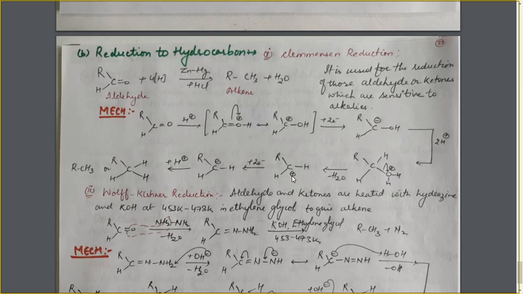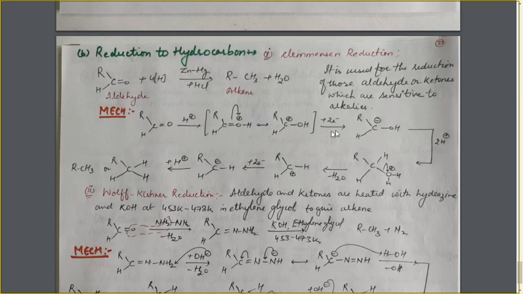This positively charged carbocation, just like this species, will gain the 2 electrons from the zinc atom and get negatively charged. Again, in the same way, this negatively charged carbon atom will take up the 1 H positive ion from the HCl molecule to give us the alkane molecule. So this is the mechanism.